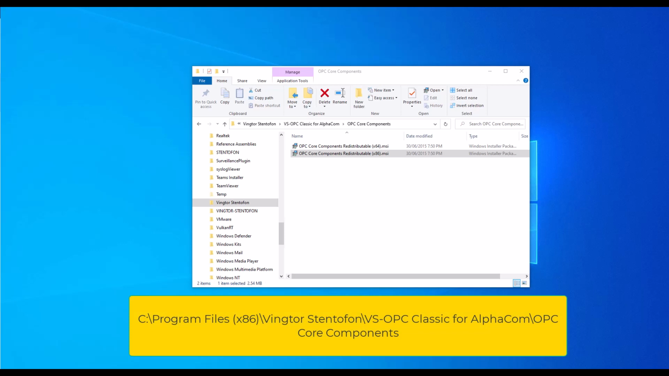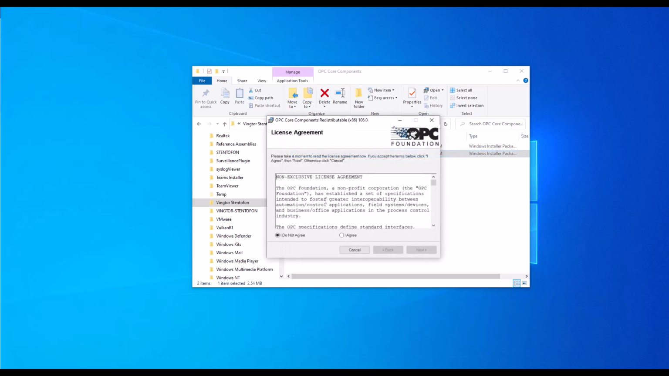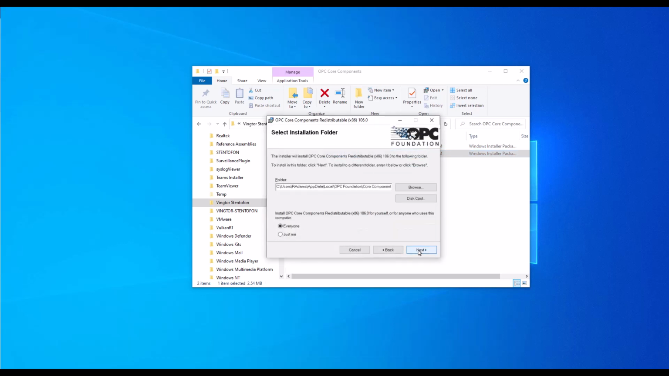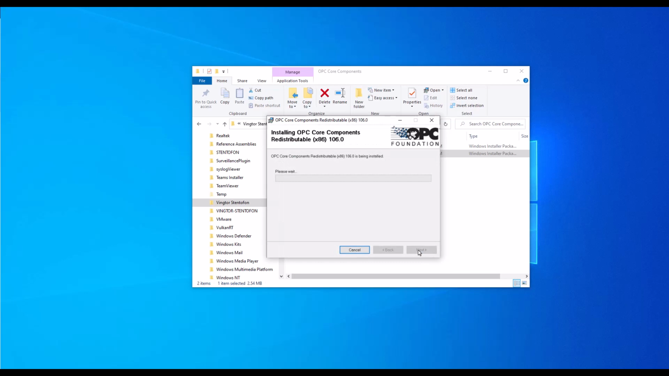In File Explorer, navigate to the OPC Core Components folder, as shown in the link below. Install the OPC Core Components Redistributable x86.msi. Follow the directions on the screen to complete the installation. If the PC is running a 64-bit version of Windows, please install the OPC Core Components Redistributable x64.msi, following the